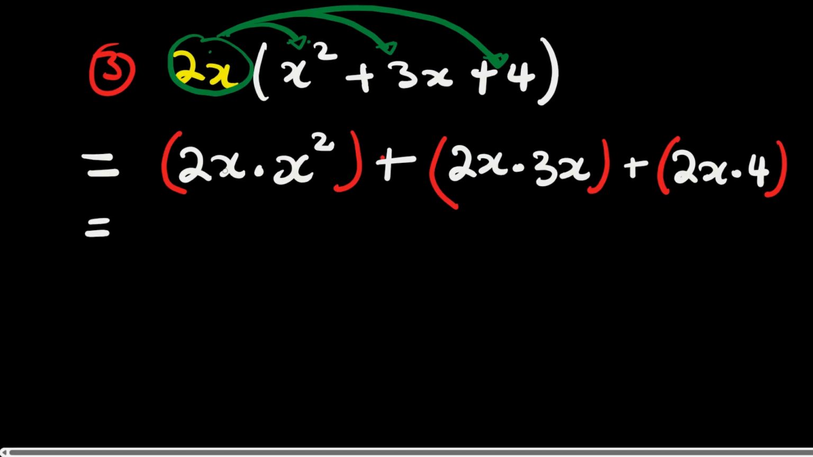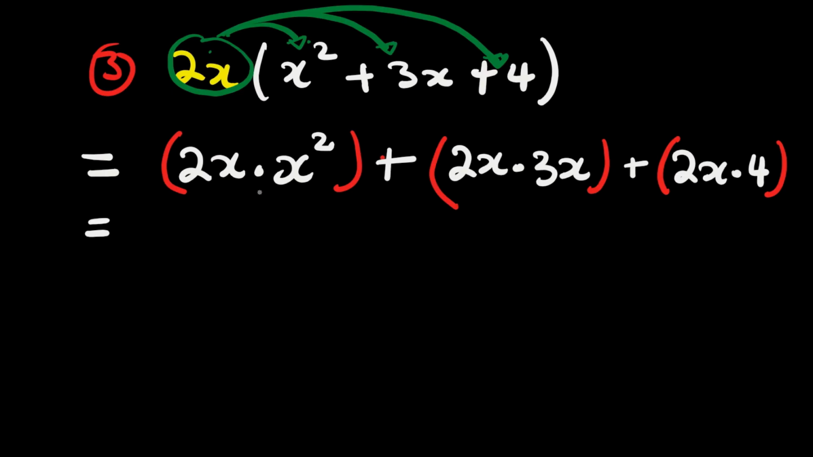So from here, we can deal with the first bracket, which is 2x multiplied by x squared. So we can deal with x and x squared, and you can just drop down the 2. Then x multiplied by x squared, you know this is x to the power of 3, plus this here, plus 2x